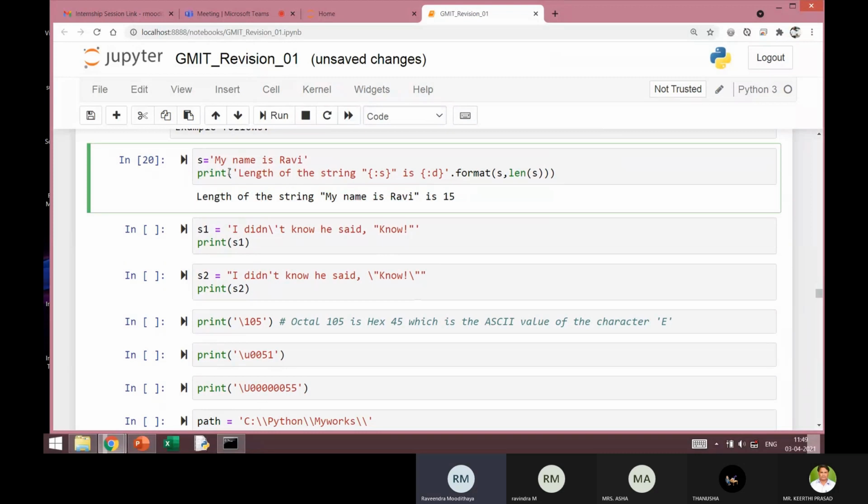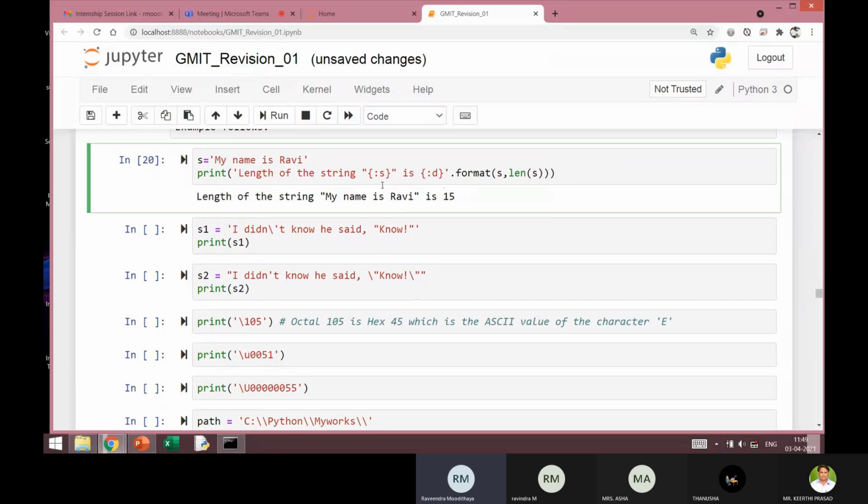Okay. So let's see how this formatting can be done. This is important when I want to print the output in a specific format. Okay. I'm just defining one string. My name is Ravi, and I'm trying to print with some specific pattern.